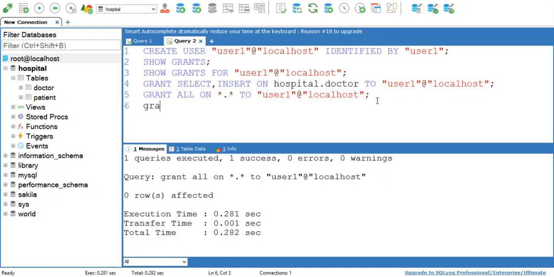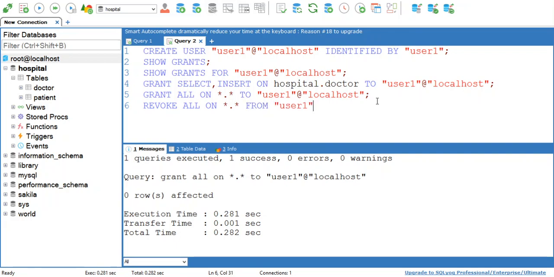Now I want to revoke all these permissions. I don't want this user to access my system. So I can simply write REVOKE ALL ON *.*. If I want to revoke all permissions from all databases, I can simply write REVOKE ALL ON *.* from which user?